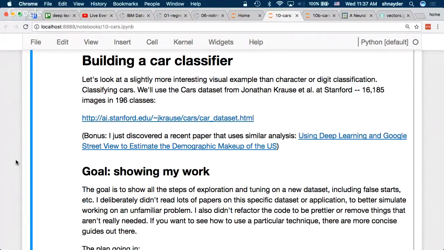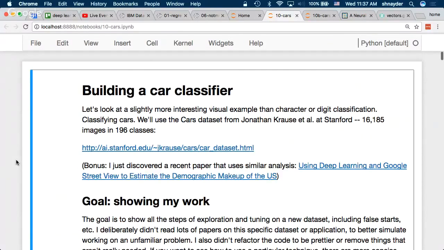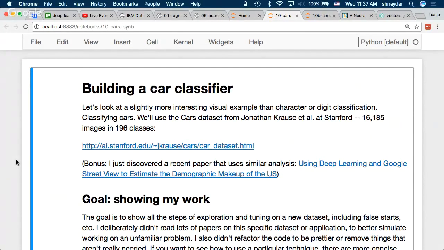Looking at this notebook, what I did with this example was try to find a problem that was simple enough to still be a reasonable example, but was a little bit more interesting in that it wasn't an off-the-shelf thing that lots of people have done.